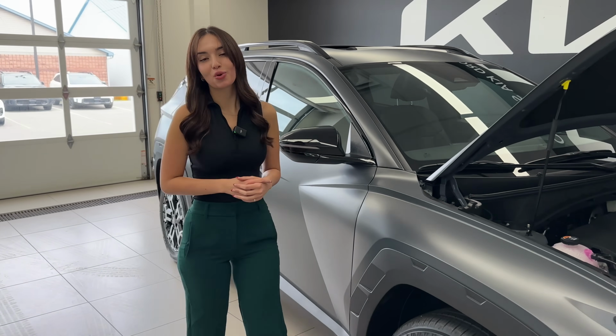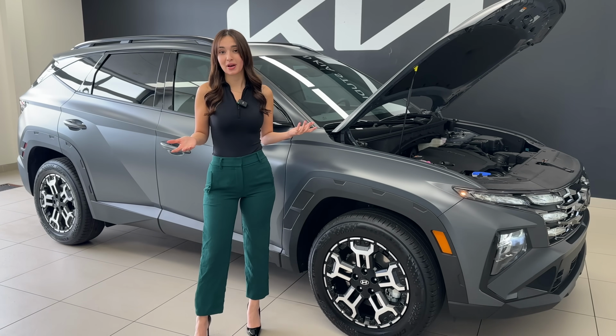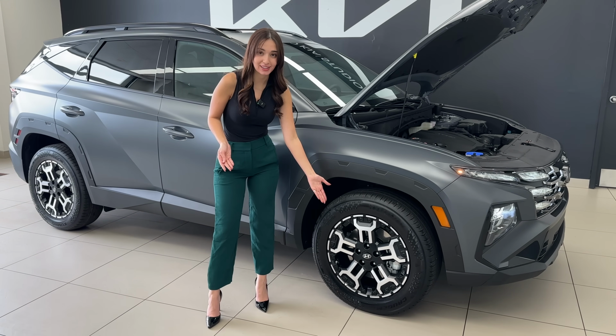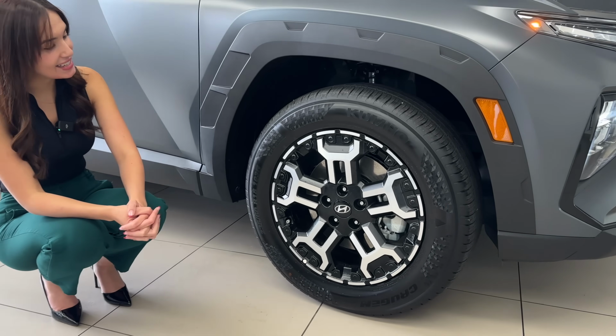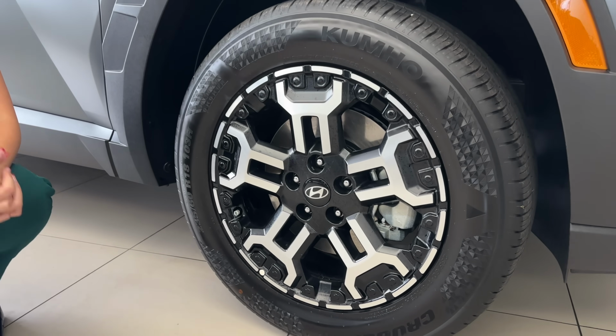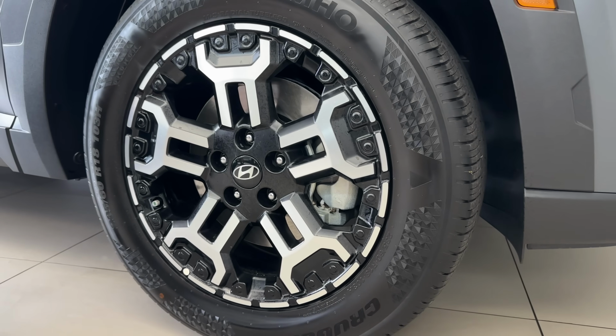It definitely stands out on the road, so if you're someone who values having a different vehicle, the XRT is probably the best trim to get matte paint on. You also get these wrench alloys. Now let's move down to the wheels. These are 18-inch wrench-style alloys. I absolutely love them. You get a mix of dark and light, and a beautiful Hyundai emblem in your center cap,